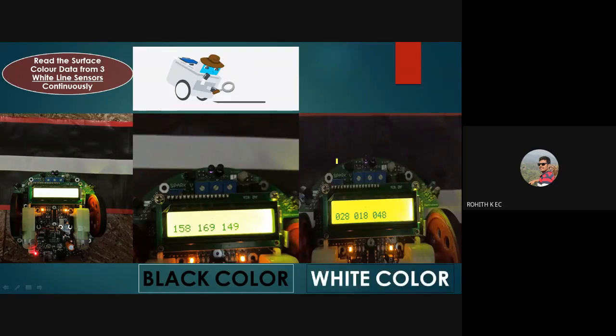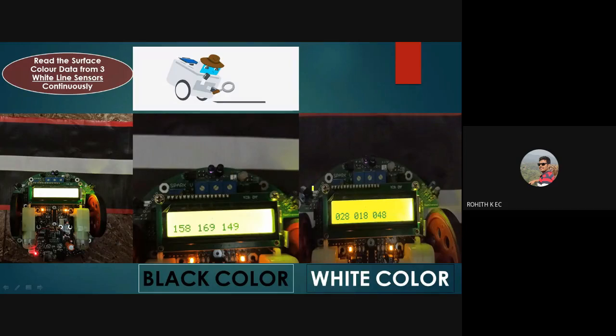Now I have a question: can I have a threshold to differentiate black color and white color? If the maximum value for black color is say 170 and the maximum value for white color is say 50, can I have a threshold value in between to differentiate white color and black color? Yes.